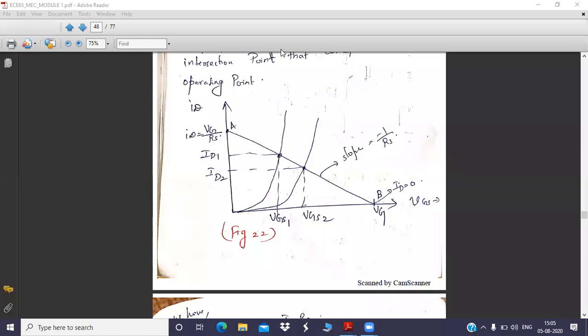What we have to do is initially plot VGS versus ID, that is, how the drain current is changing with respect to VGS. We have to take measurements and plot the graph. The graph will be in this particular shape. Initially the ID is not appreciably high because VGS is very small. It has not even reached the threshold. In this region you can see the ID is very small. There is no drain current.